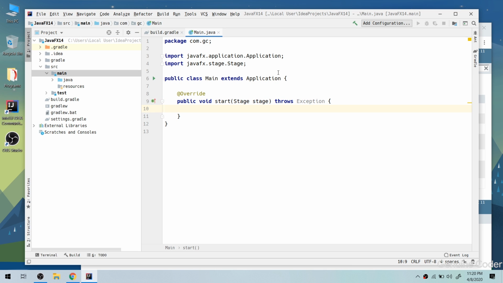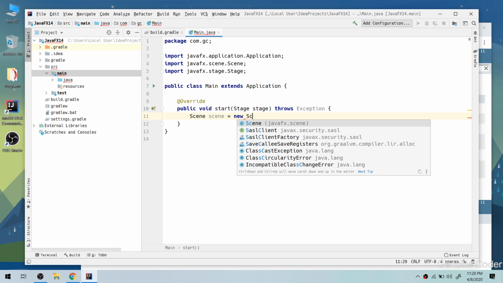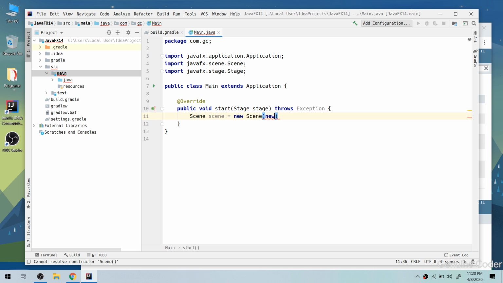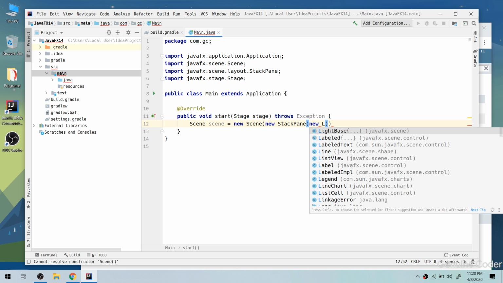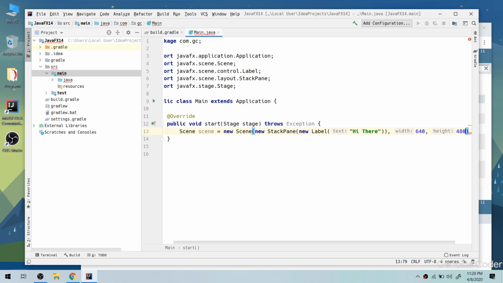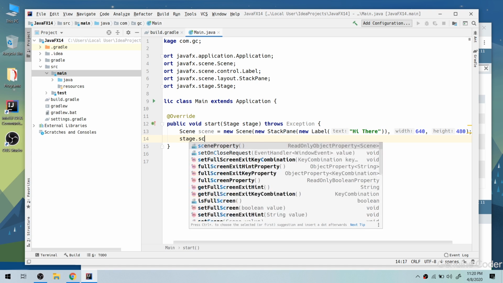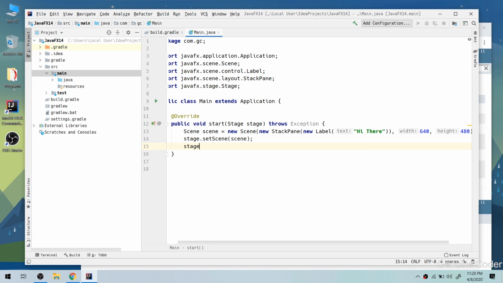The first thing that I am going to do is to simply make a scene here. So scene equals new Scene. Then I am going to create a new StackPane. Then inside that, let us create a label, and here I am going to give a message, "hi there". Then obviously we have to provide the width and height of the application scene. Then we can set the scene to the stage, so it will be setScene, and the last line is